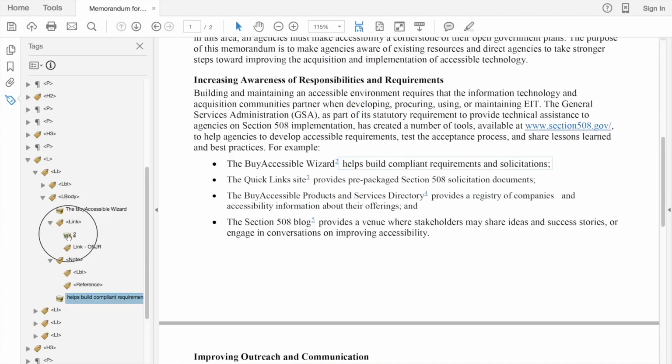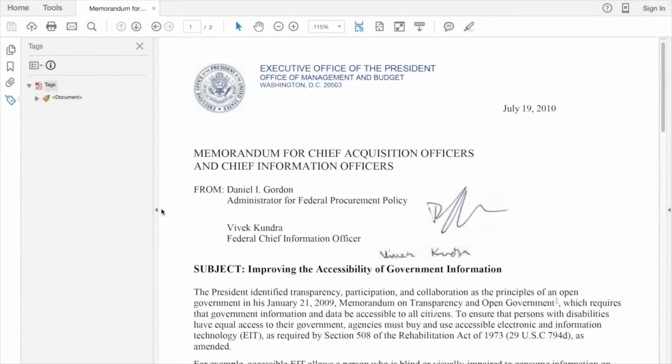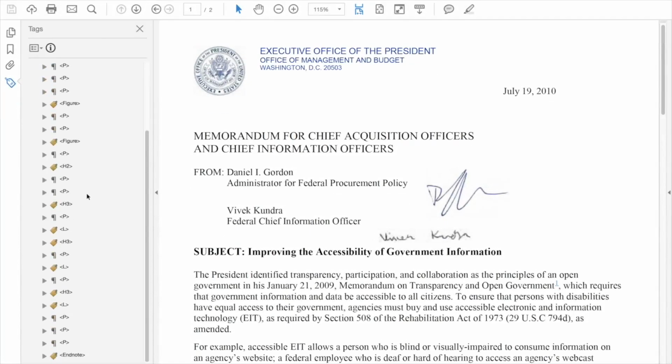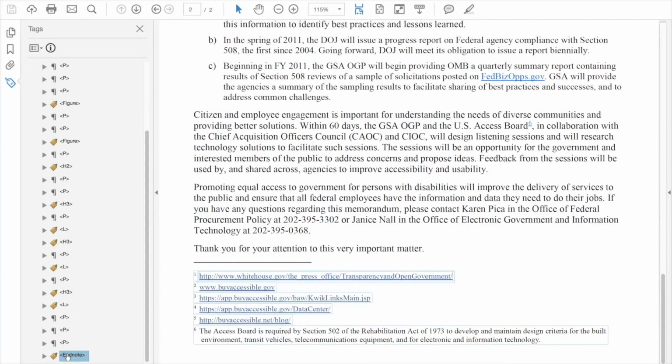Now open the link tag and move the number 2 under our label tag and move the link tag under our reference tag. Now that this is finished, we can take the same approach to the remaining note tags and move on to that list of links I placed at the bottom of the second page a little earlier. Conceptually, I see this as a generic set of links. There's ample information elsewhere in the PDF explaining the purpose of what this section actually refers to, but if users end up browsing the links or lists in this document, I think it's fine if they just come across this list. Let's open the tag here.